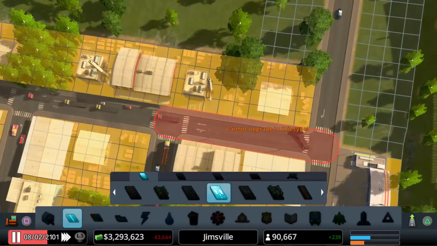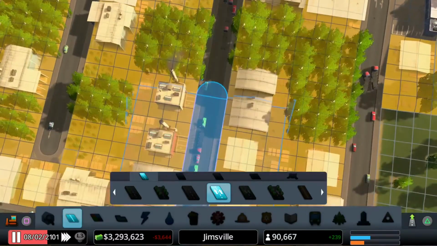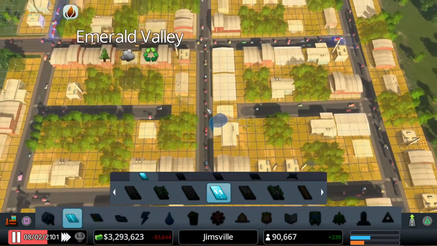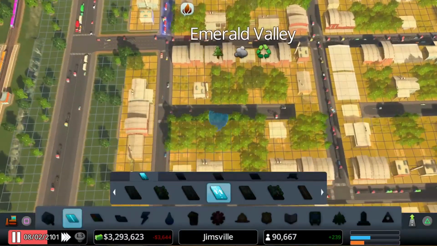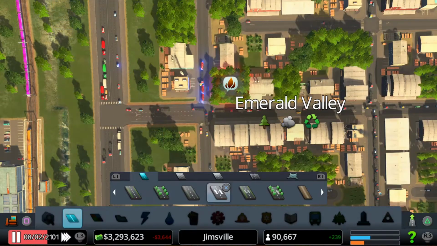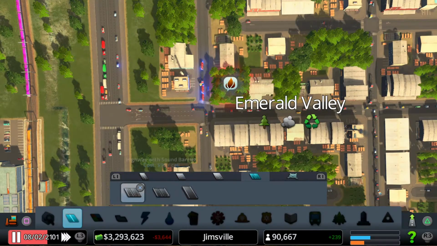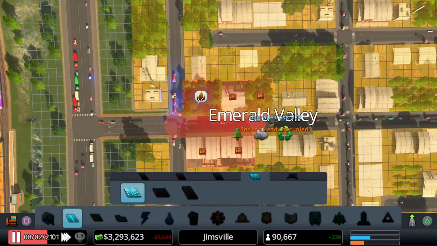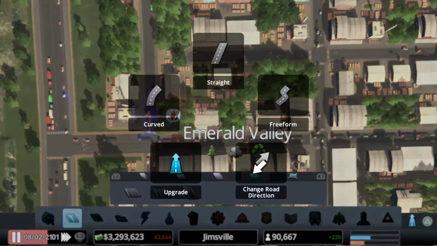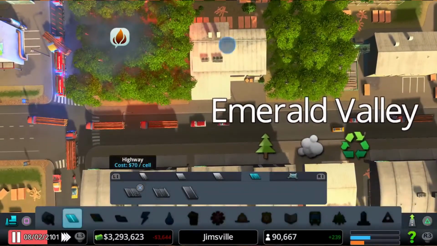I'm going to have to rejig these roads a little bit. I think what I'm also going to do is make getting out of here a little bit easier as well. So, oh, I am on upgrade, aren't I?